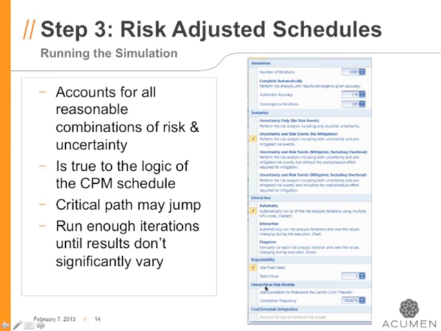Hierarchical risk models. This one's very interesting. There is a challenge when running any form of simulation against any type of hierarchical model. This doesn't just pertain to schedules, but if you have a hierarchy of data and you run a Monte Carlo simulation, the model is prone to the children elements potentially canceling each